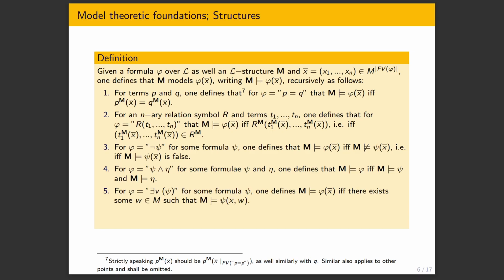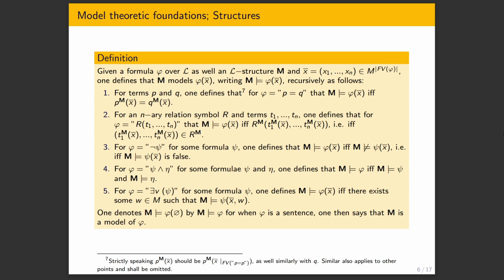And the fifth point is for quantification, that when the formula is there exists some v such that psi, and I probably should add in some more parentheses there, but it's just technicalities, then the structure models this when we can find some w, an element of M, such that psi holds at x and w. What we're doing here is taking all these logical symbols out of the formalities of how we build strings to be terms, formulae and sentences, and actually interpreting them in terms of real maths and set theory.